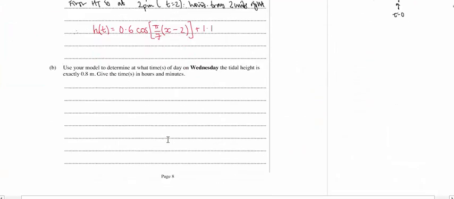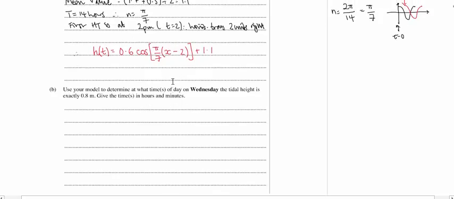Okay, now to determine the time of day on Wednesday when the tidal height is exactly 0.8 meters, of course what we want to do is we want to solve h(t) equals 0.8 for t. Okay, so we're going to really be doing that using our calculator, so I can use Desmos to help me here, but we do know that we want at what times of day on Wednesday the tidal height is exactly 0.8 meters. So if t equals 0 is noon on Tuesday, well, what we're doing is we are looking for solutions